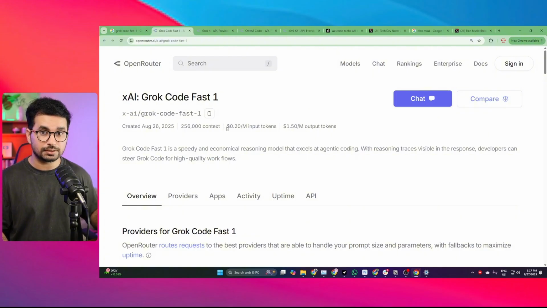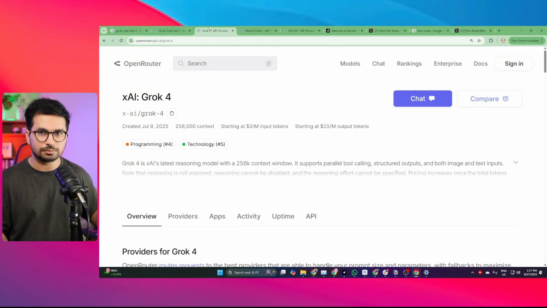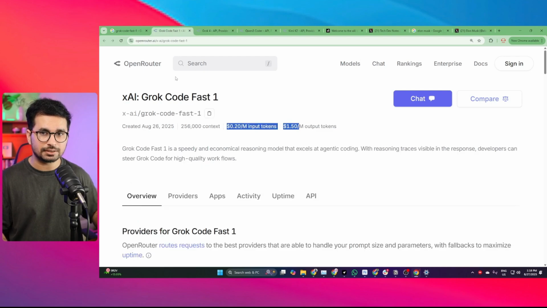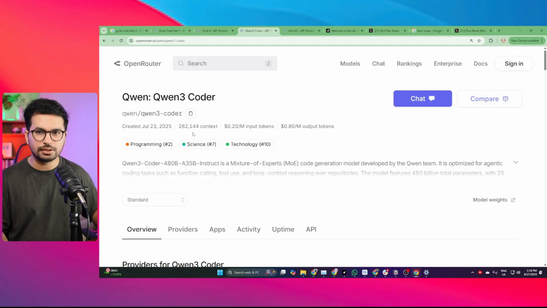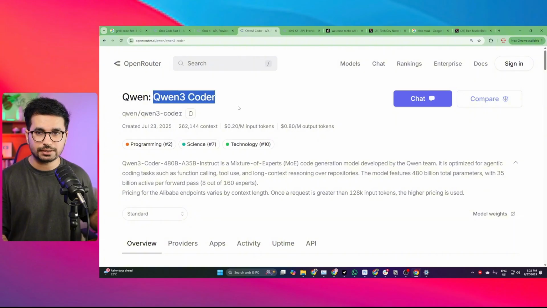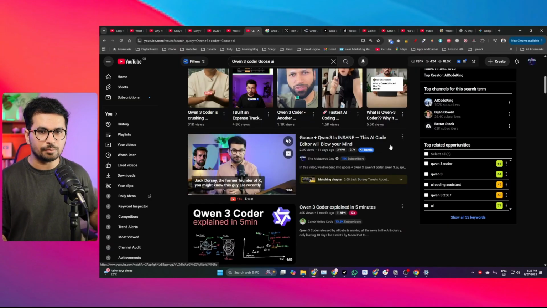But the most interesting thing about this model is the cost, because the previous version of Grok, which is Grok 4, costs $3 per million input tokens and $15 per million output tokens. But I think the fair comparison of this model should be with something like Qwen 3 Coder, which has a similar kind of context at almost half price when it comes to per million output tokens. We already know how good Qwen 3 Coder is because I have created separate videos about Qwen 3